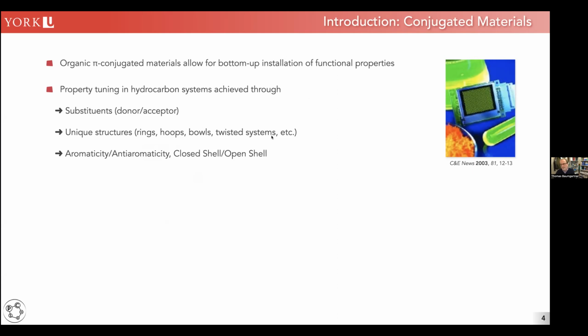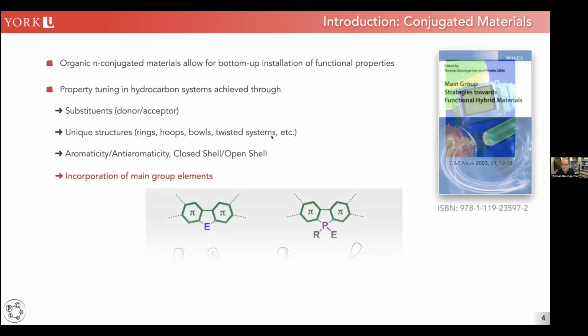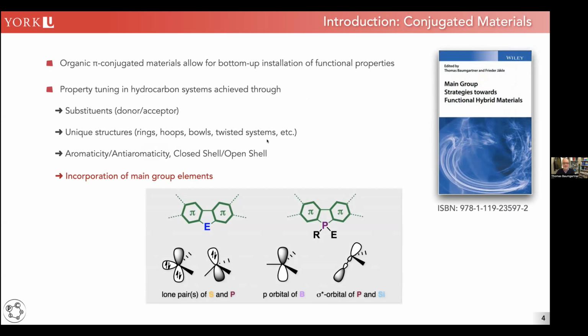But I'd never let go of my roots. So obviously I'm still combining that, and we're trying to actually put phosphorus into these conjugated materials. And main group elements in general can add quite a bit of value to these materials, because you can have elements that are quite electron rich. So you don't need to worry about installing additional substituents, because the element itself has maybe a lone pair that can electronically impact the electronics of the pi conjugated carbon-based system.